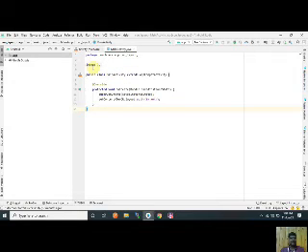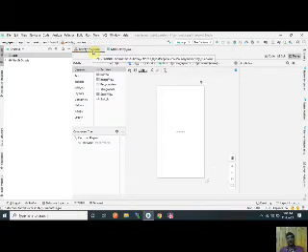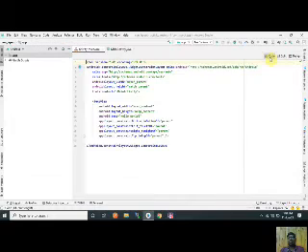These are the default files, MainActivity.java and the activity_main XML file. When we create a new project in Android Studio, the default layout is constraint layout.